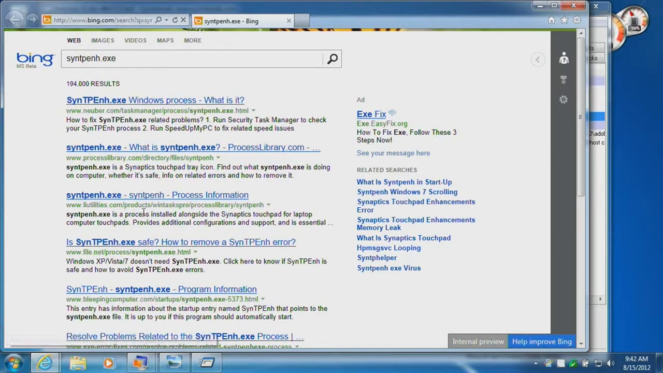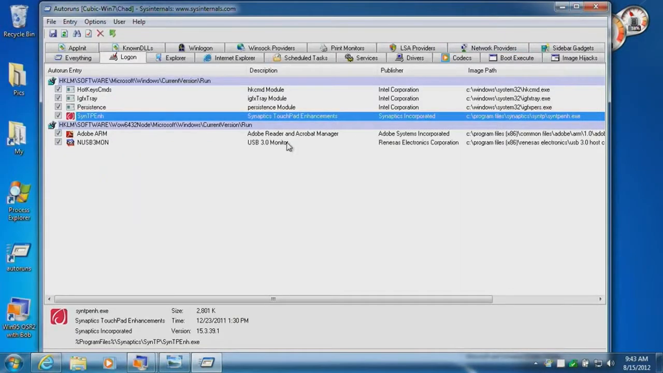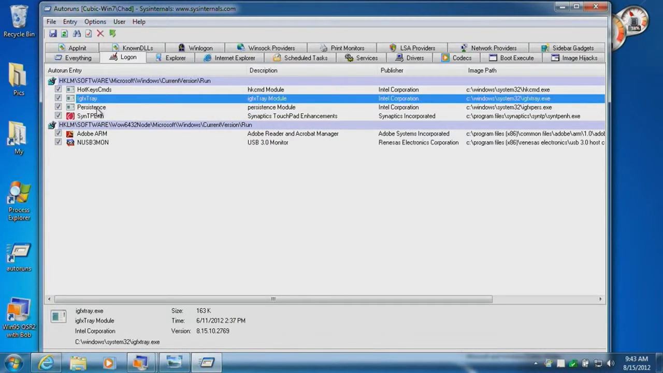And it turns out, for example here, syntp is a process installed alongside the Synaptics touchpad for laptop touchpads. So I can turn that off, but I'm probably not going to get full functionality out of my touchpad. I'm not going to get all the gestures and the two-finger things. It might just be basic functionality if you disable that. What actually happens when you disable these is it moves them into a special disabled folder. So for example, this IGFX tray, which is another piece of the Intel software for the